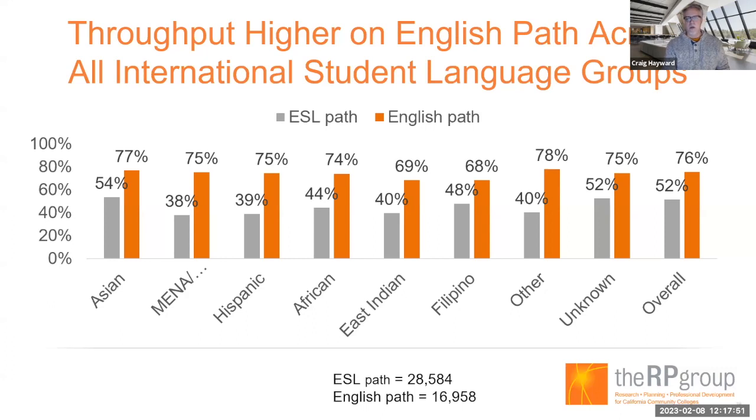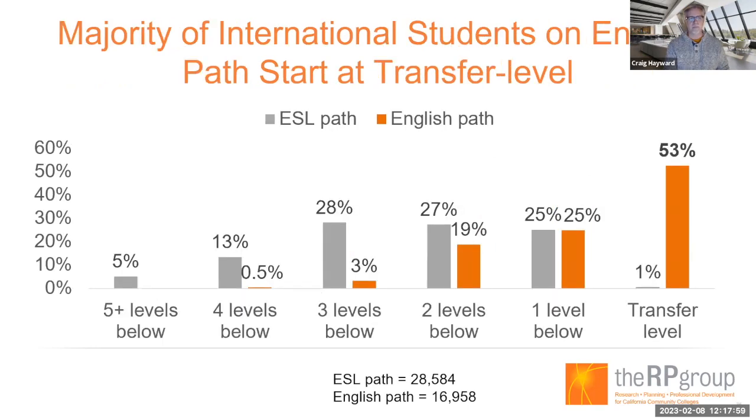Now, what we see when students enter those pathways is much higher throughput for students who do get on the English path, and this is true for students of all backgrounds. The majority of the international students who enter the English path start at transfer level, so that's definitely going to help their throughput. Whereas when students are entering the ESL pathway, there's more of a bell curve with students starting